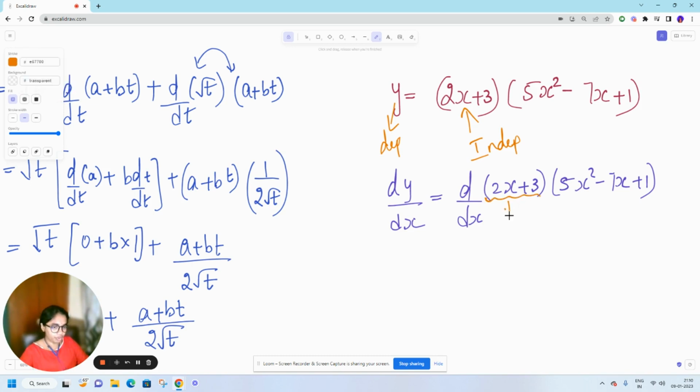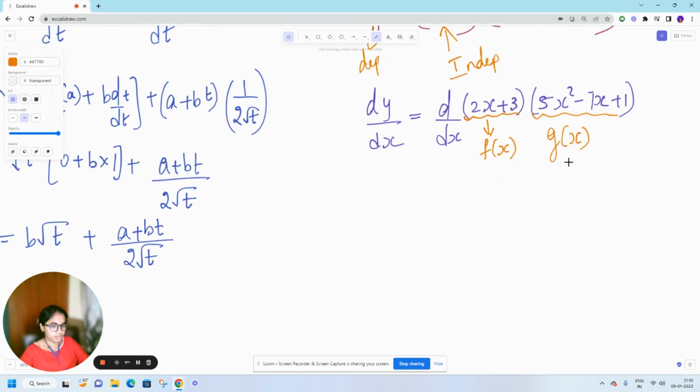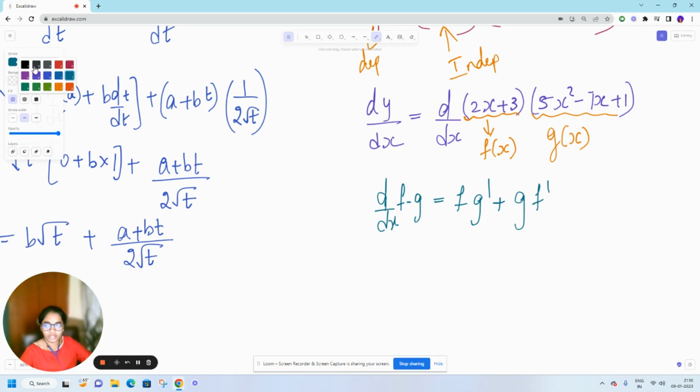In place of f of x, I have 2x plus 3. In place of g of x, I have 5x square minus 7x plus 1. Agree? Now what should I do? What was the formula? d by dx of f into g is equal to what? f g dash plus g f dash. Okay, so what should I do now? I'll write it as,